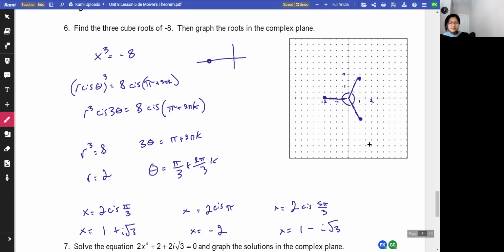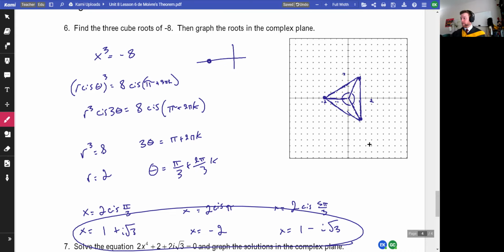Makes sense. Yeah, so the roots of a number are all rotationally symmetric. The angle between them is always going to be the same. And their magnitudes are the same distance away from the origin. So no matter what number I give you, the roots will construct a regular polygon in the complex plane, always. That's pretty cool.